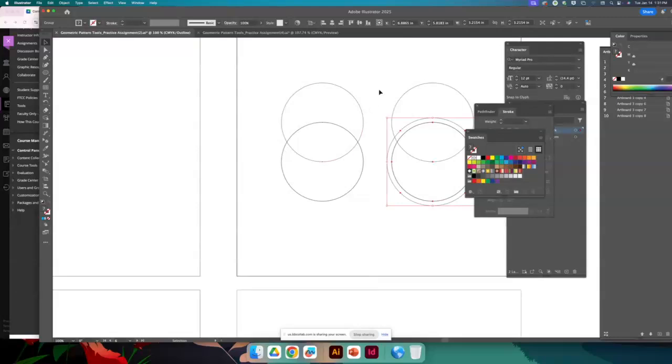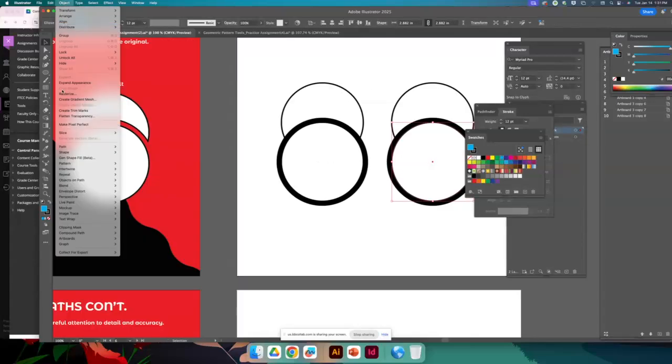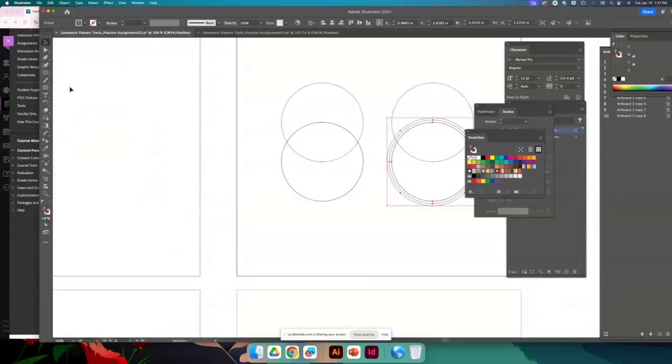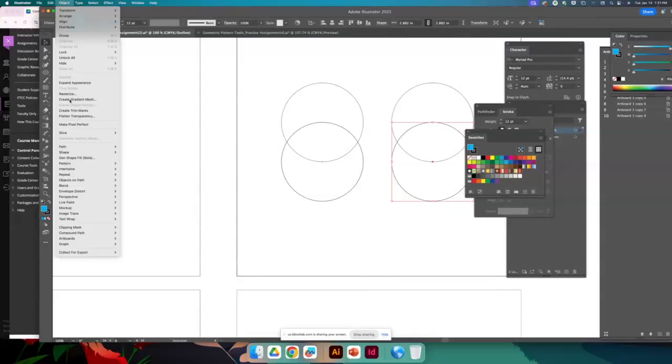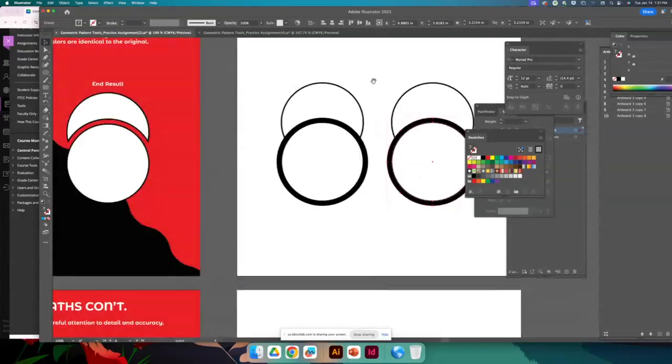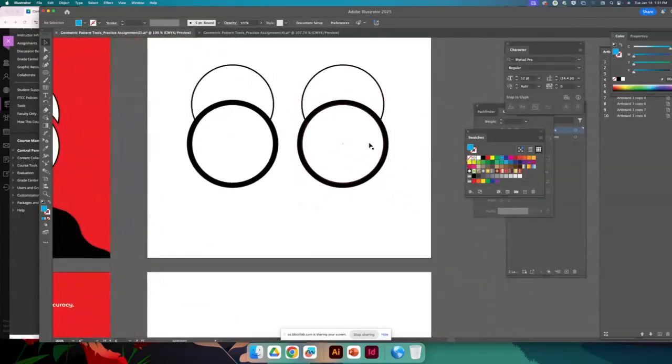And let me see if expand would work as well. Hold on a minute. Object, expand appearance. It did, but it gave me an extra one I didn't need. But I can still use this, but I would prefer to do the object, path, outline stroke, and that just saves me a step of cleanup. Command Y. We're going back. Okay, so now we've got